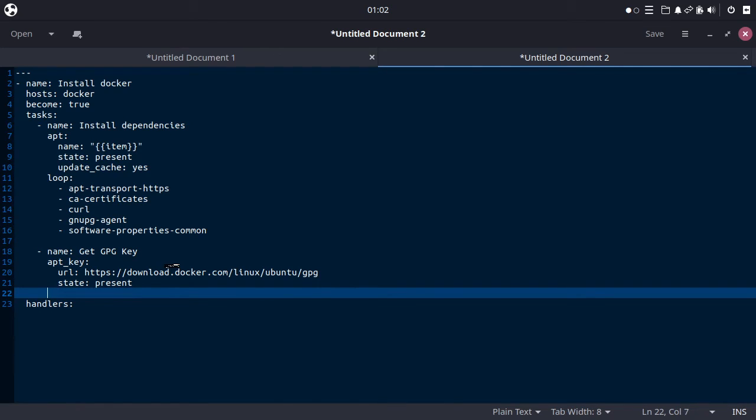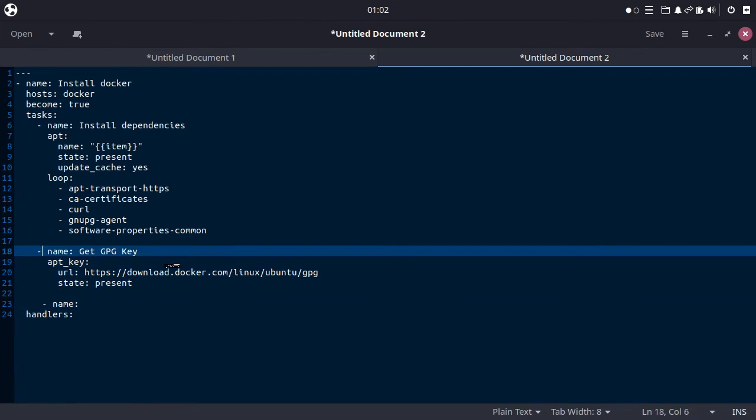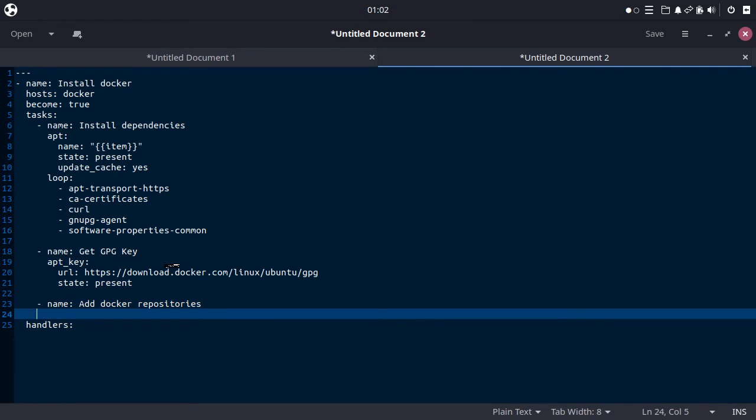After this one, we need to add Docker repositories to our application repositories. So we can create name, the application name is apt repository. Sorry, apt repository.